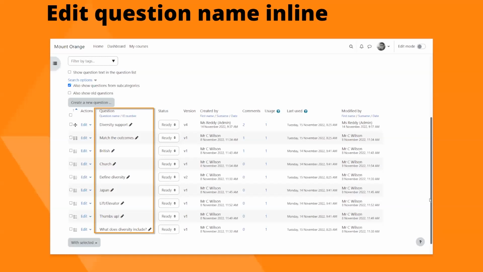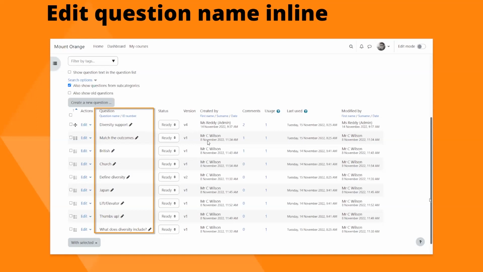Now, here you can see the question bank, and you can see that the questions, simply by clicking the pencil icon, which we're familiar with elsewhere, you can change the name of the question. Maybe you're in a course with your teaching colleague who simply called them question 1, question 2, question 3, not the best names. So you could give them some more meaningful names, for example.